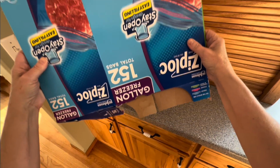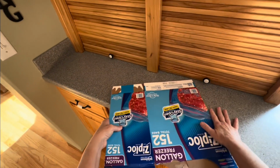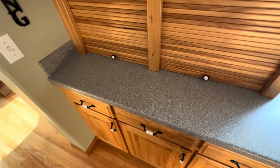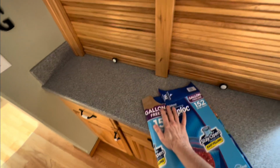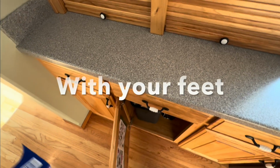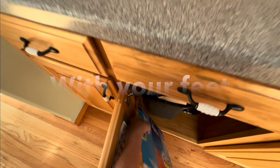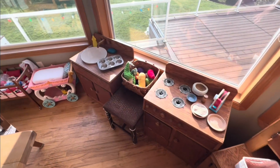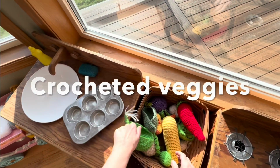Tip of the day. Flat. You see that? It takes up hardly any space in your recycle bin. Don't just crush it down, because it takes up a ton of space in the recycle when you just crush it. You're welcome. So real quick, I told you I was going to show you my...